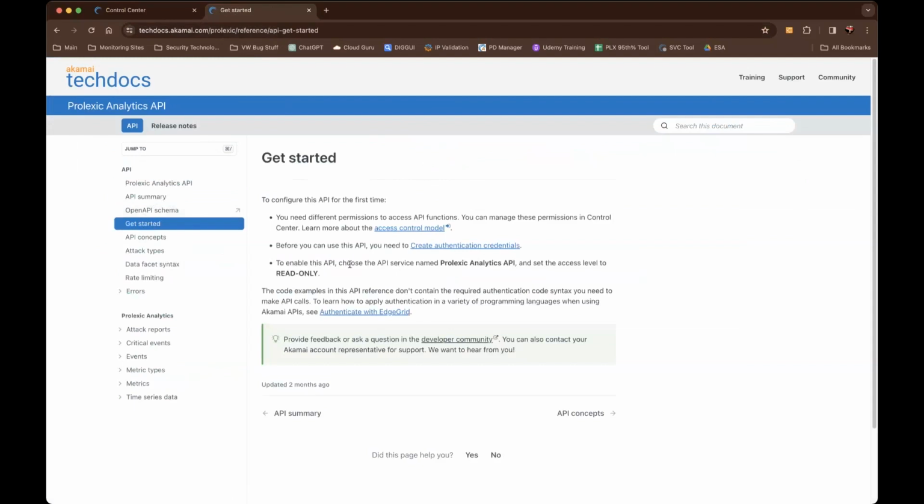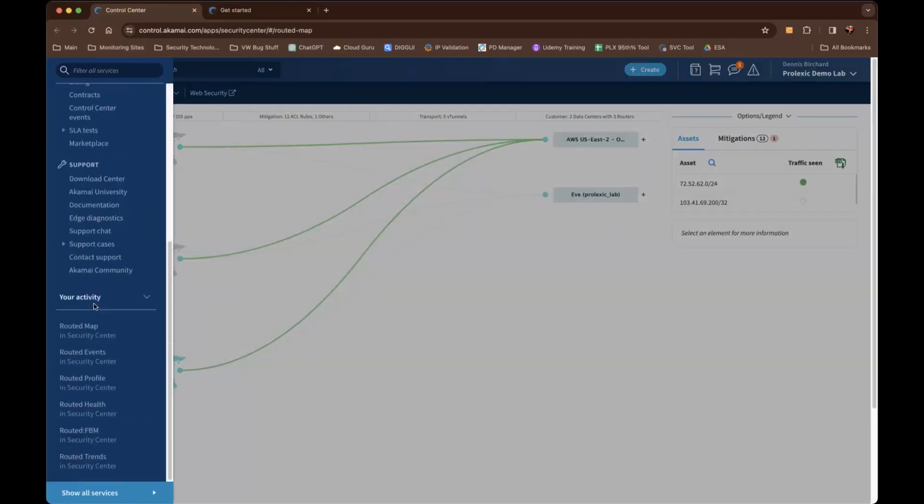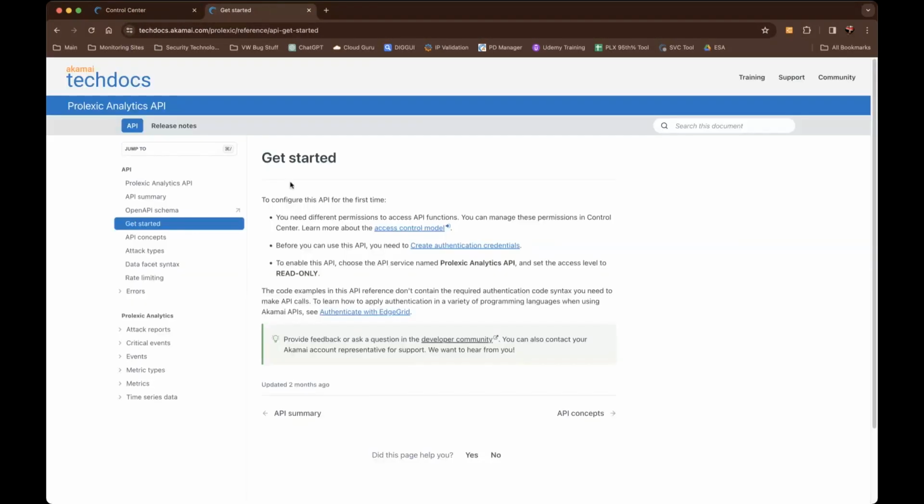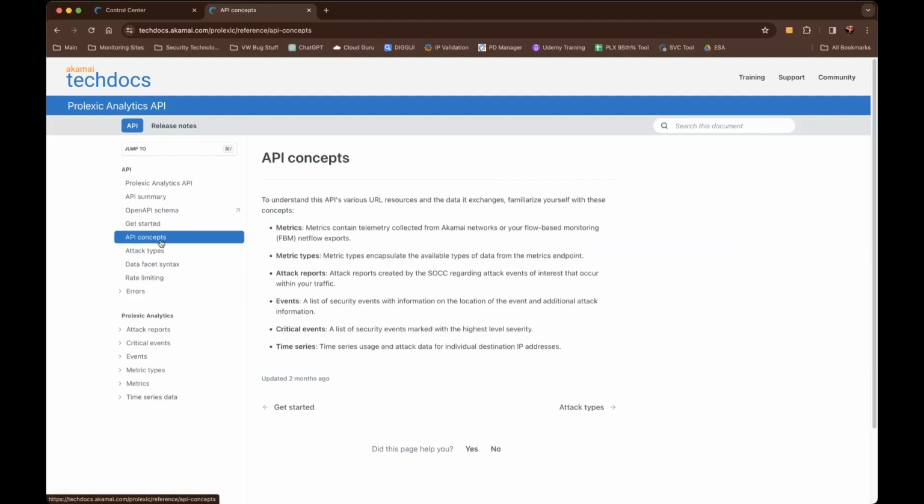So what that means is that you go to the create authentication credentials. You'll go into the Akamai dashboard on the left-hand side. You'll go down to identity and access, and you go and create an API client. Once you create the API client, you will give that client read-only or read and write permissions, and then you'll also give it a token. So based on that token is how you're able to get the service up and running and get access to